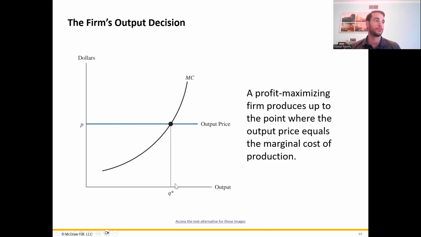If a firm tried to increase their production above Q star, so if they try to be over here, look here, the output price is below their marginal cost. So they would end up losing money from their increased production. So they're not going to want to produce out there. Or if they do produce out there, they're not going to want to do that for very long once they realize